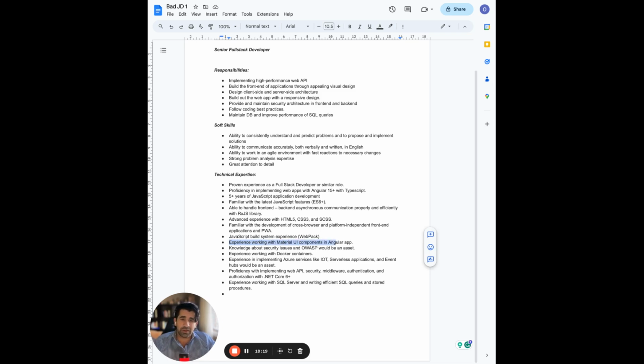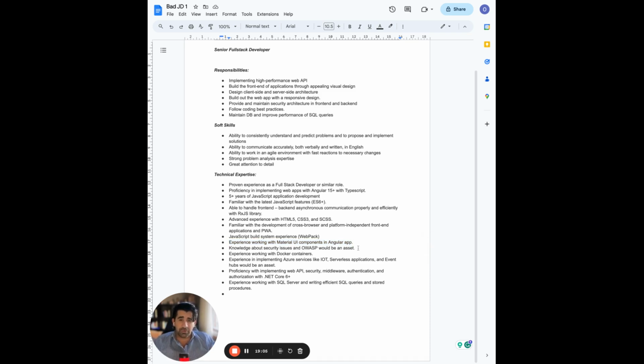Experience working with material UI components in Angular app. What does this mean? Does this mean that they've implemented specific material UI components? And is this an actual experience you need to ask for? Right? Now, this is for an Angular app. So are we doing an Angular app, or are we doing PWA? Because now actually, no, you're right. I was reading Android app. My apologies. But experience working with material UI components. It's a component, guys. Ladies and gentlemen, come on. It's components. It's a helper library. It doesn't matter. It's JavaScript. You don't need specific experience in this.